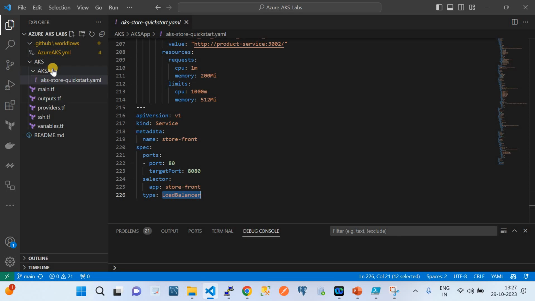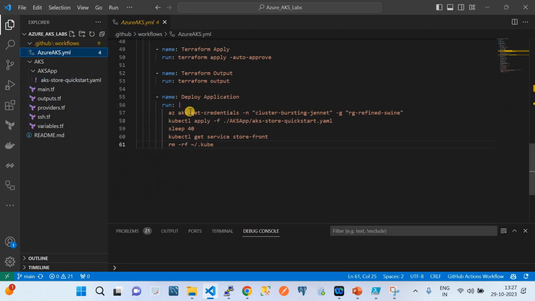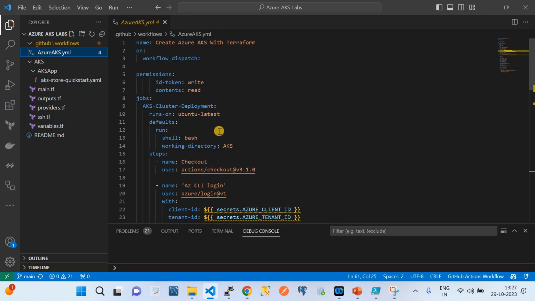You can reuse this file, because anyways I'm giving these reference files in this video's description. Go to the video's description, find the reference GitHub link. You can click on that, it will take you to this file and you can explore from there. So let's go to the Azure AKS